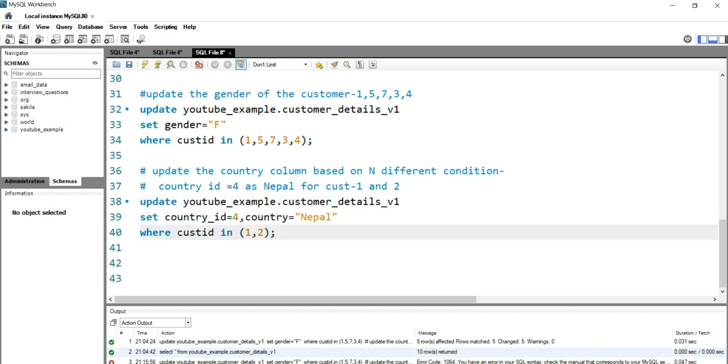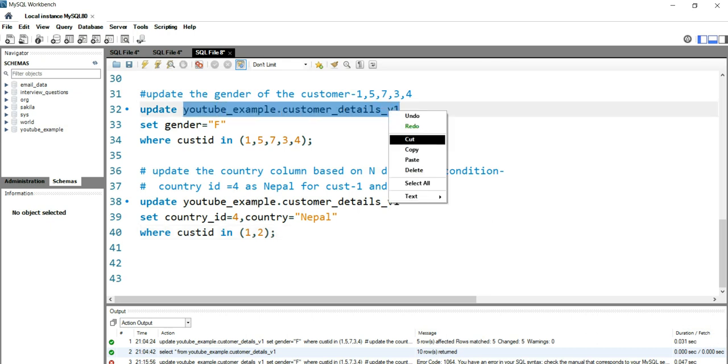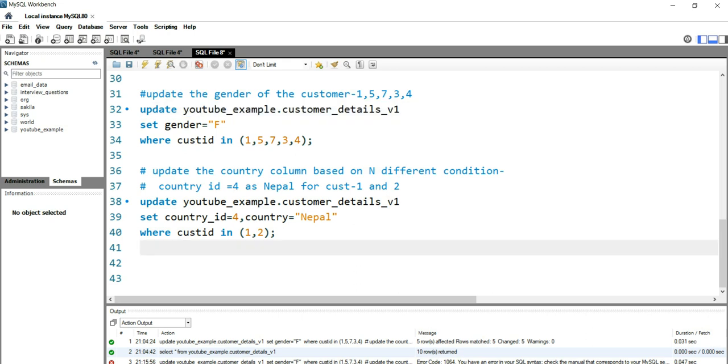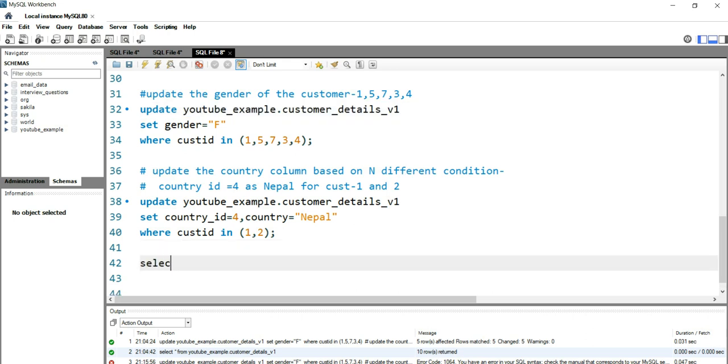Okay, your query ran successfully here. You can see that 2 rows affected, right? And 2 has changed. So let's go and use the select statement to see the output after the update statement. Select star from this.